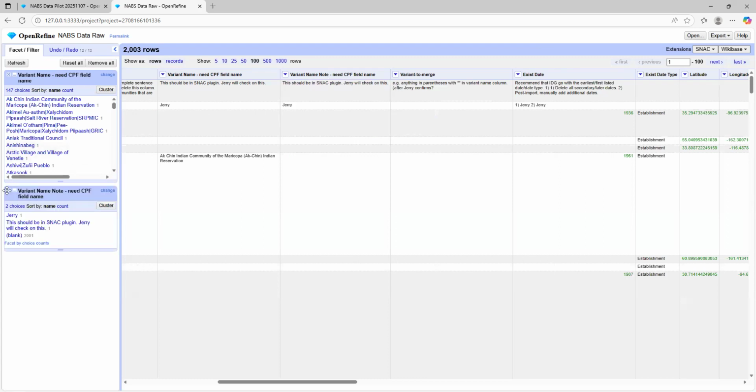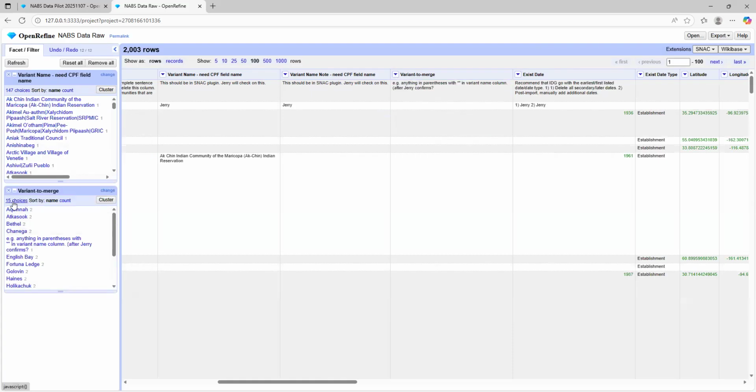And so there's relatively little. We have 15 choices to incorporate with a larger set of 147. And so that is something that's reasonably done by hand, but OpenRefine can make it easier in that I can